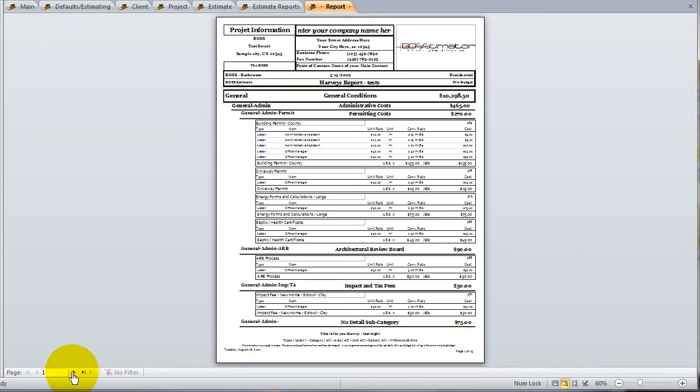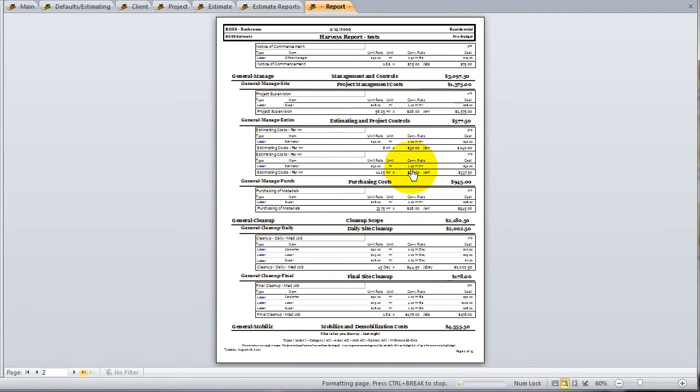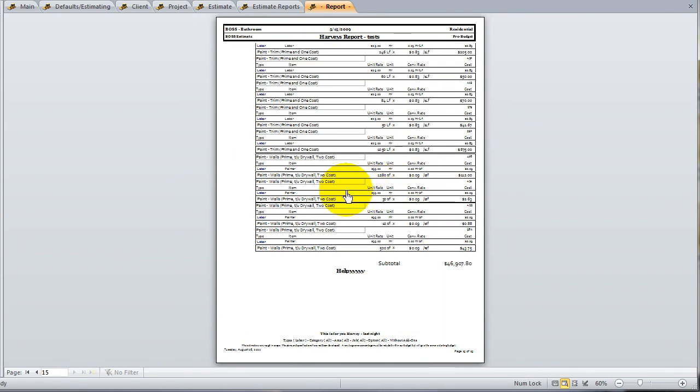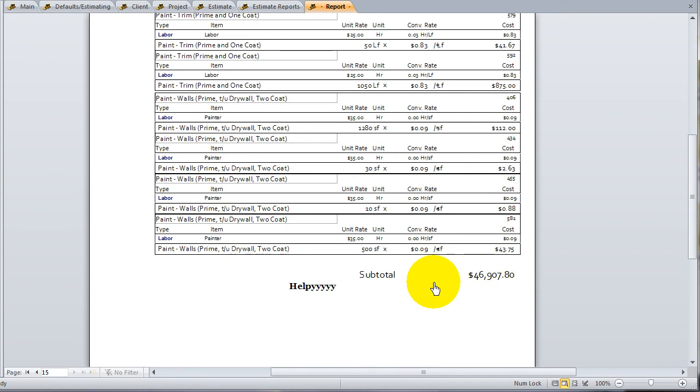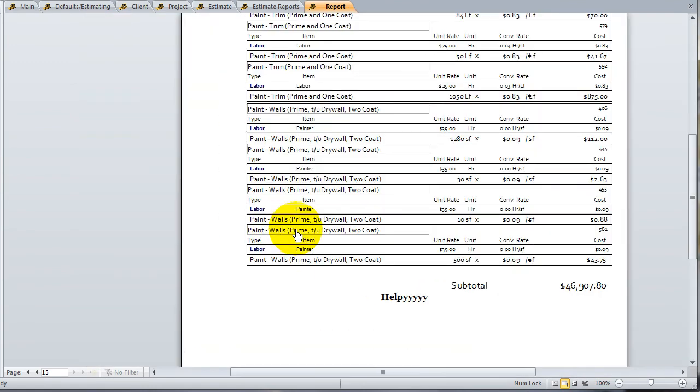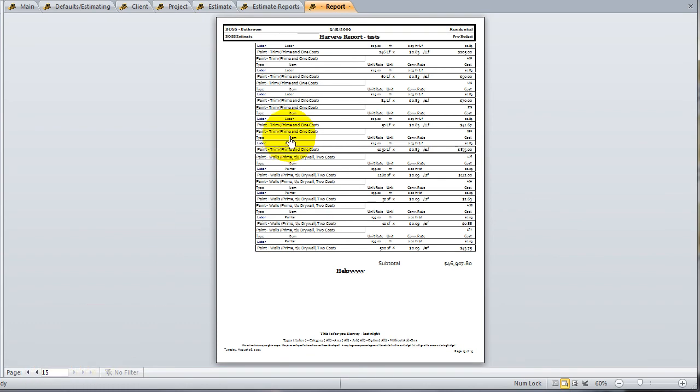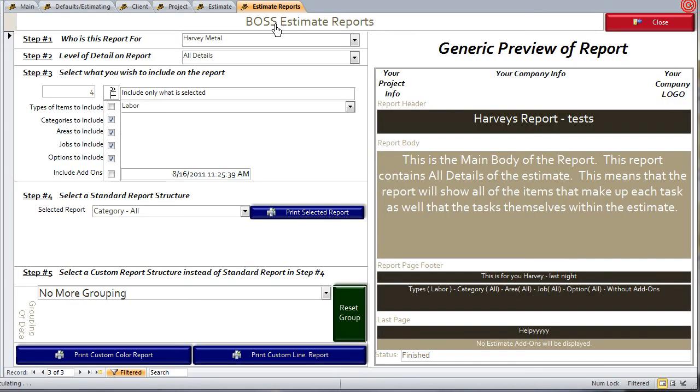And again, you can go through each one of these items, and we'll get back to the last page. Last time it was 14, now we're at 15 pages. The overall subtotal doesn't change. It just breaks it out even further into detail. So that is the total, all details with all categories, and you can go between the 2 combinations as much as you want to. You can have some details,